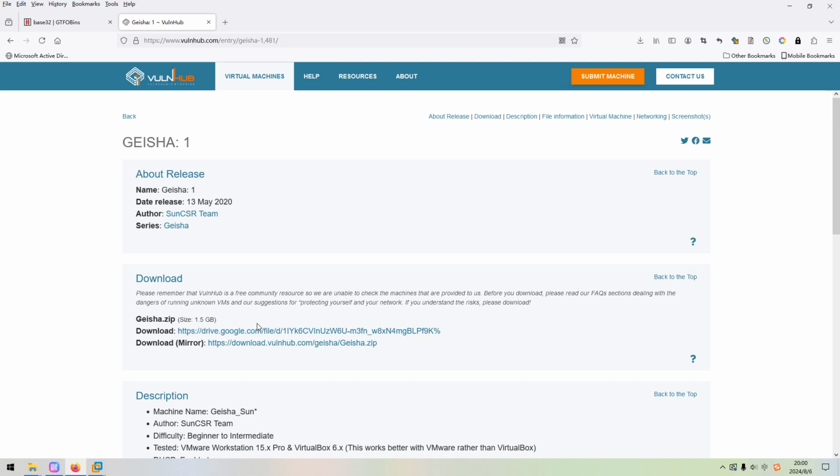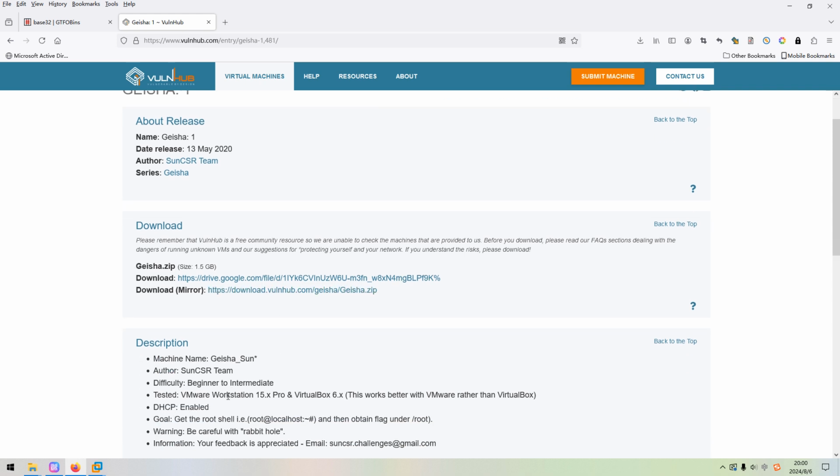Dear friends, welcome back. The machine I'm going to play around with together with you would be JSA on the VulnHub. The link will be added into the description section below so that you can download and play the machine. As you can see over here, this machine works better with VMware rather than VirtualBox. So this is what I'm going to do. Without further ado, let's just get started.